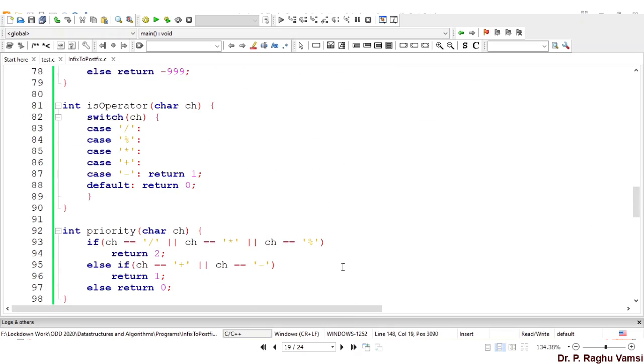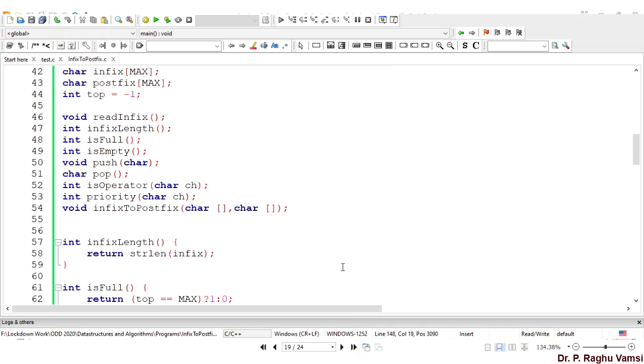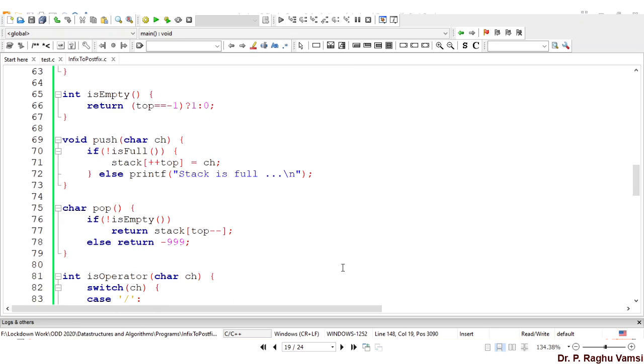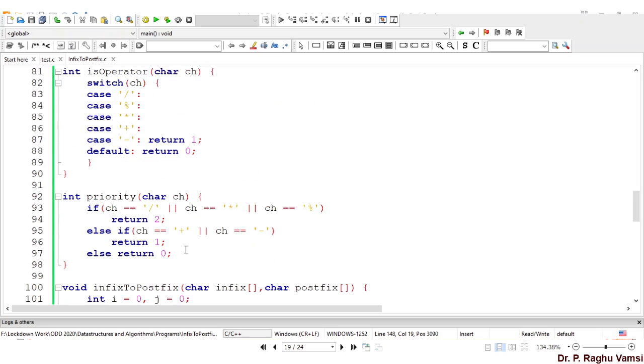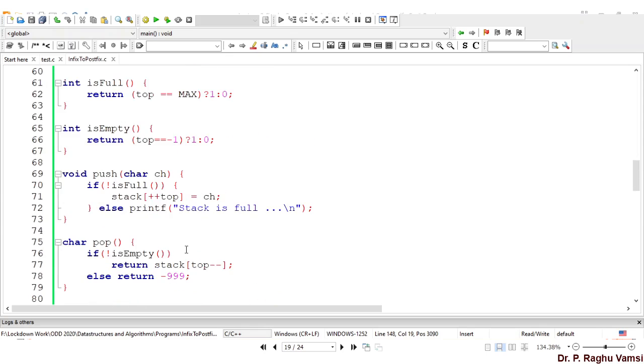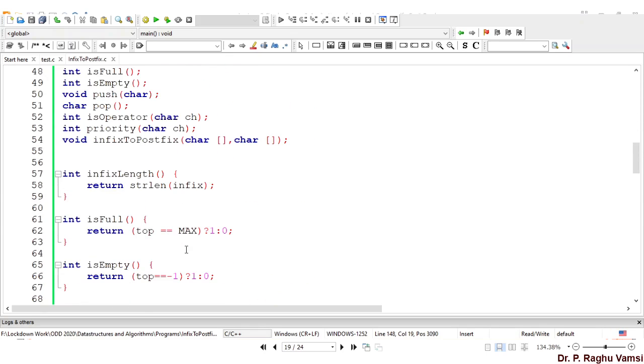So this is the way to write the program. As you write the program, sometimes you need to do more modifications according to your requirement. That means adding some more operators or some more things, or maybe some priorities may be increased or decreased. That depends. So sometimes a program cannot be completed at a stretch. We need to do some modifications in order to get the program executed.